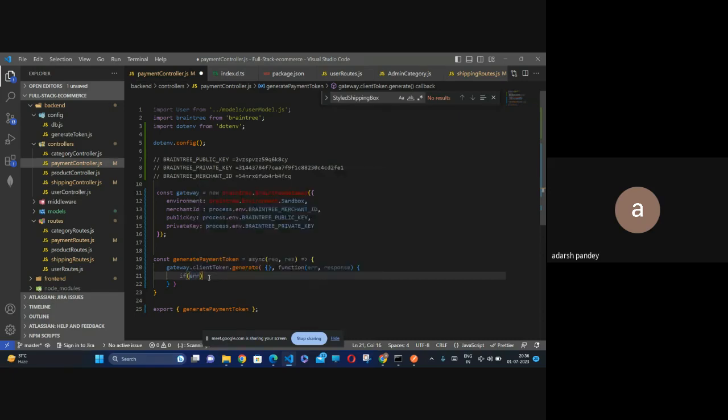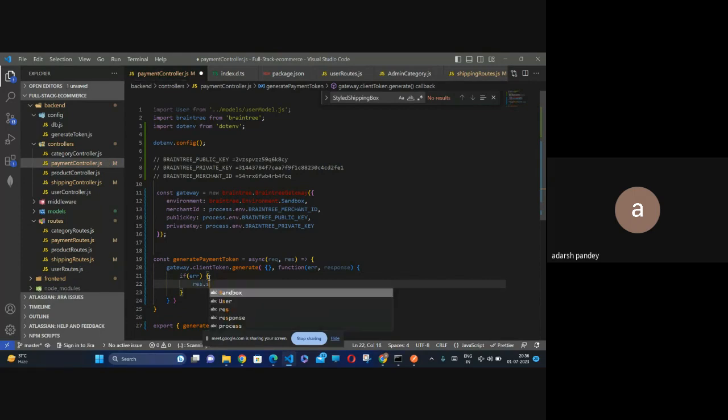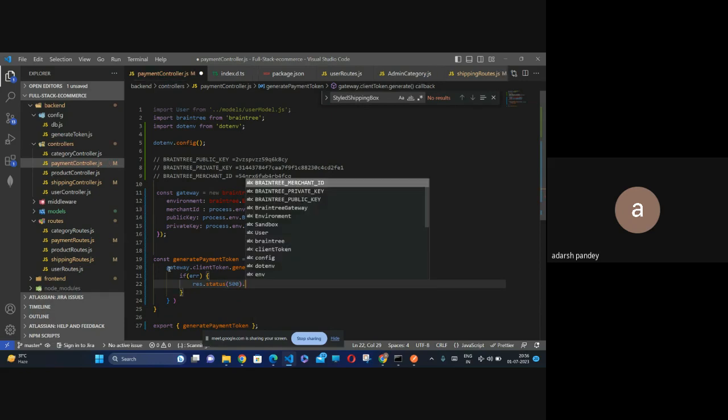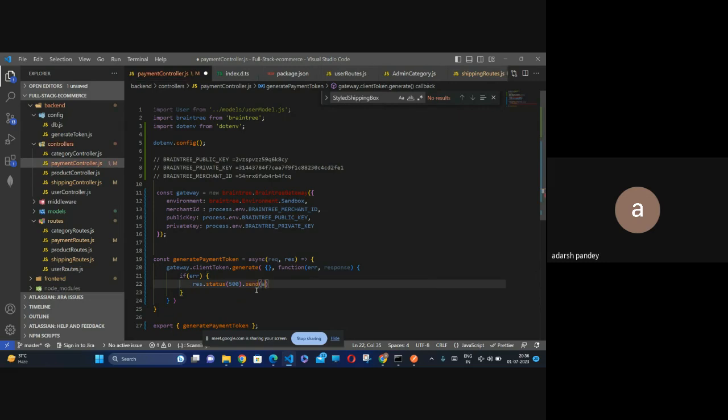इफ एरर, अगर एरर है तो क्या कर दो, response.status, और क्योंकि ये एरर है तो आप किसका स्टेटस दोगे, 500 इंटरनल सर्वर एरर का, तो response.status(500).send, या .json, and now inside this json, आप एरर सेंड करो, सेंड कर दो इस एरर को, ठीक है, ये तो हो गया। And now for else what you are going to do,